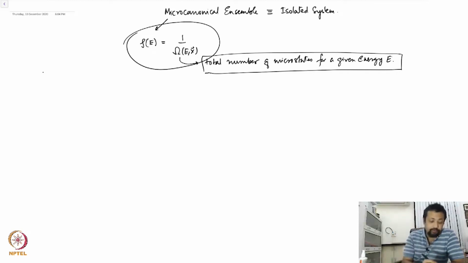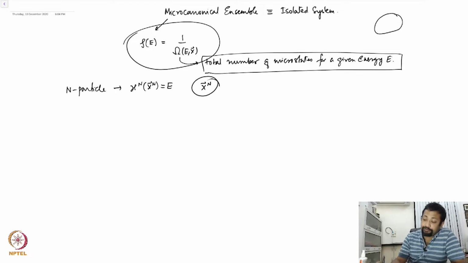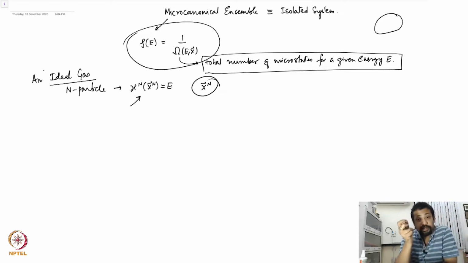Because for example, the system we were particularly interested in was an n-particle system, similar to a gas or a fluid contained within a box, and there was an associated Hamiltonian for this system, right? And this quantity, the state, could take real values on the phase space determined by the conservation of energy. But this is not the only type of system that we'll encounter. For example, this is clearly the case when we consider an ideal gas, right? But there are systems where the states are discrete.